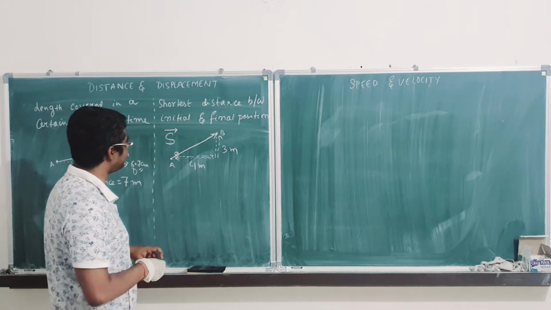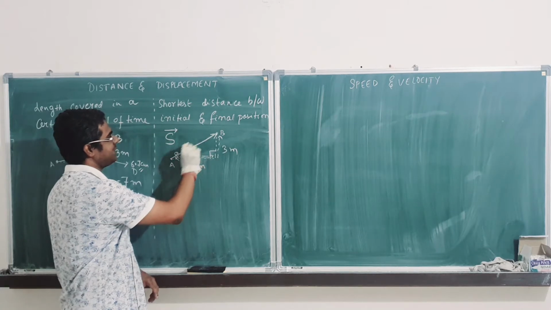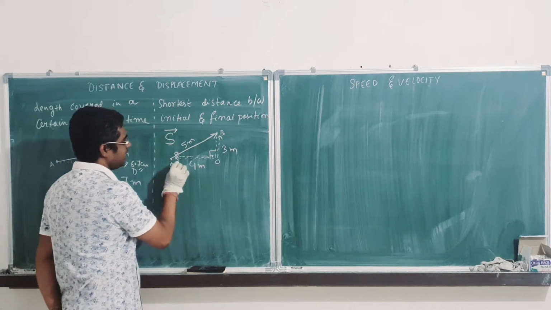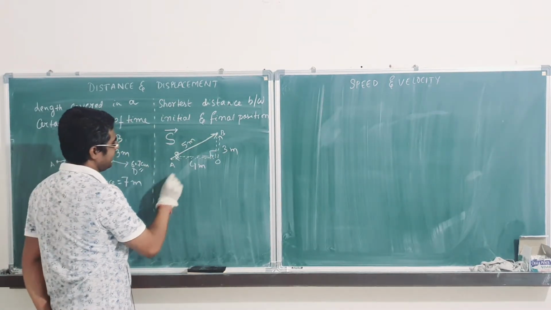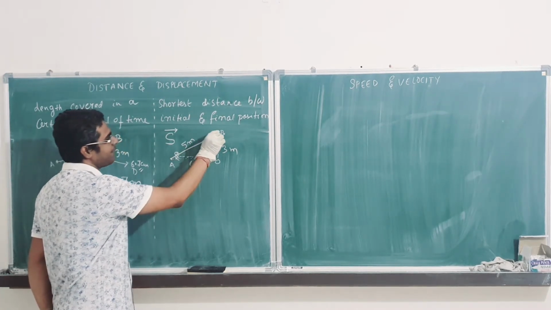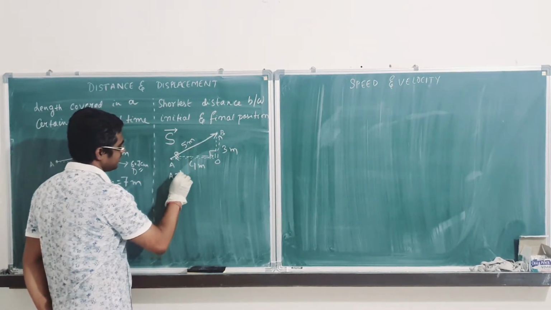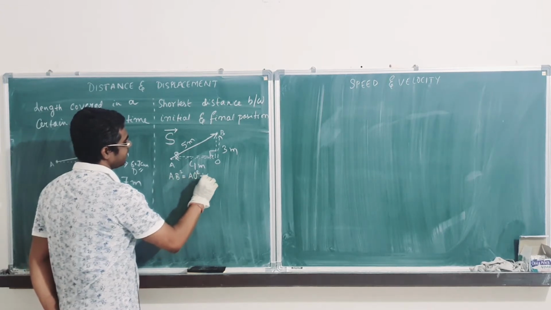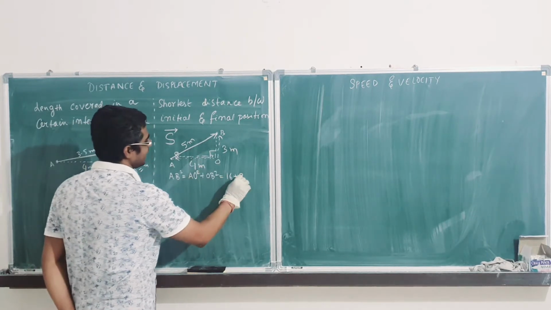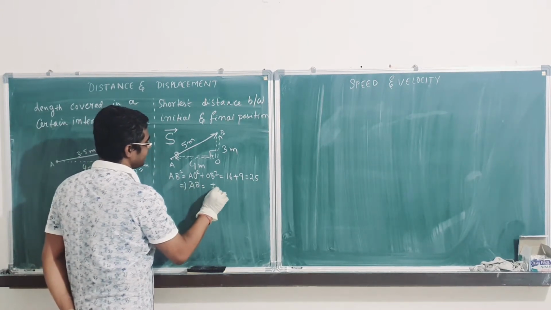So in case of displacement, the displacement is this distance. So how do we calculate this distance? This is 90 degree. By Pythagoras theorem I will get this as 5 meter. What is Pythagoras theorem? If I take it as O, then this is a right angle triangle. For right angle triangle I can write height square plus base square is equal to perpendicular square. ठीक है. So basically AB square is equal to AO square plus OB square. AO square means 4 square, that is 16, and OB square is 9, so that is 25. ठीक है. So AB will be plus minus 5.